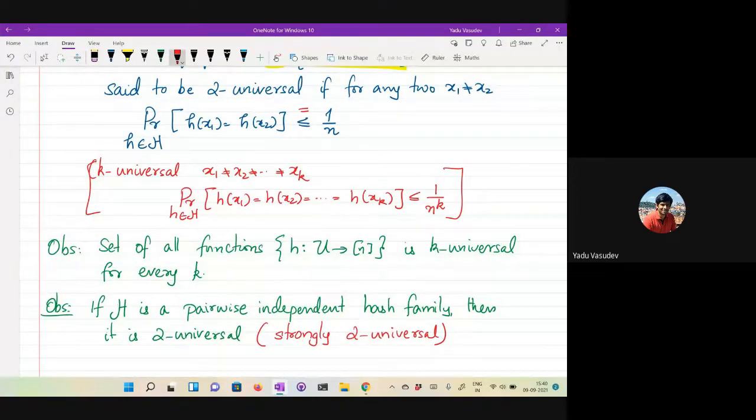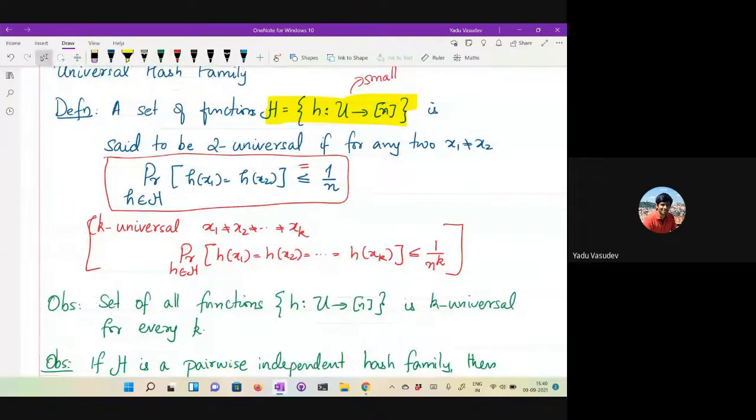Okay. So first, let's look at this definition and see why this definition makes sense. I mean, why define it this way? Is it the best that you can do? Is it possible that you can get a better guarantee for your collisions and so on? So let's try to see why this is the best that you can hope for, why this definition is indeed correct, that you cannot hope to get a better probability value in this setting than what is written here. Okay, so let's see why that is the case first.